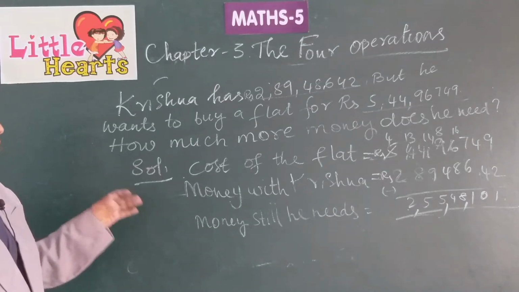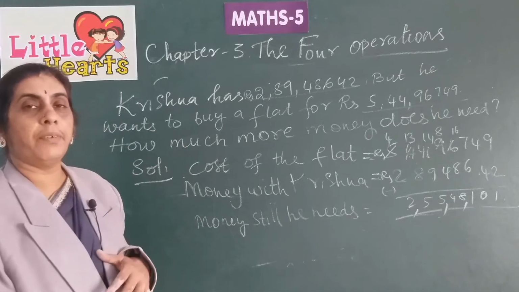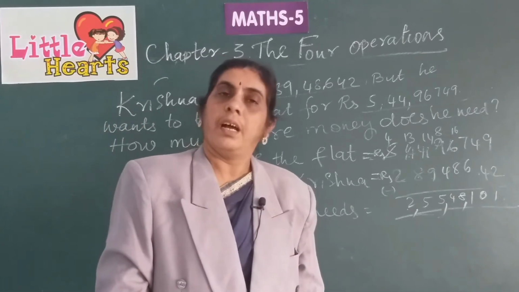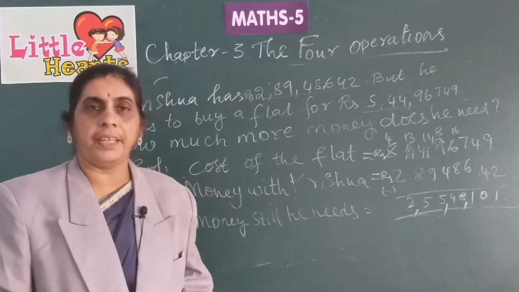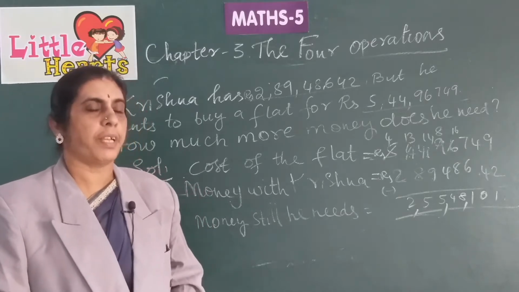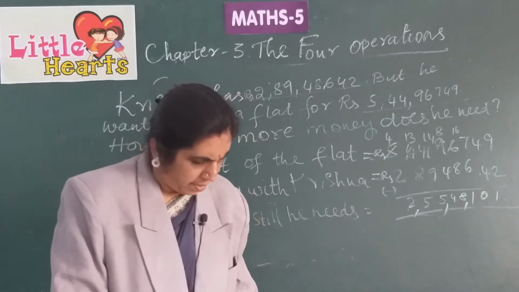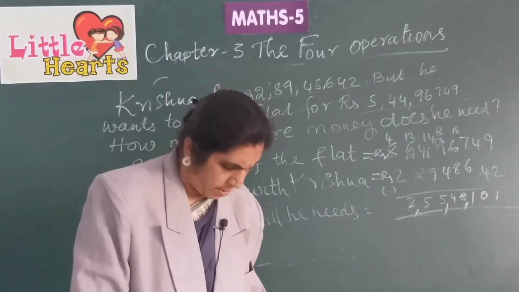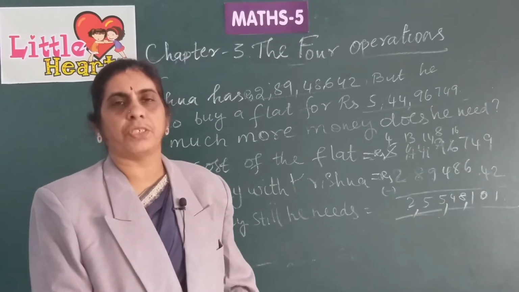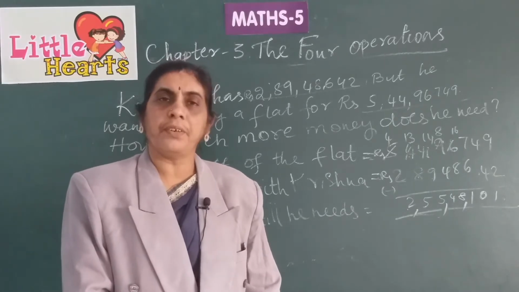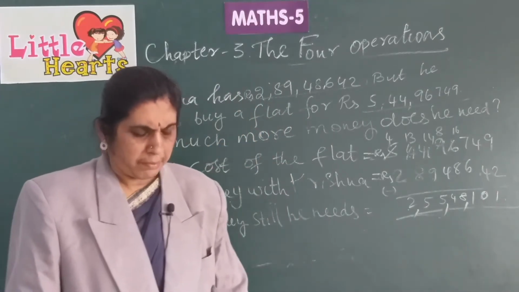So in this way you can find how much more or how much less, and the keywords used for subtraction are how much left, how much remained, how much more, what is the increase, what is the decrease. All these you can find out with subtraction, and there are exercises in page numbers 40 to 44 on addition and subtraction. You can complete the word problems and general additions on numerical additions in these pages. Now let us go with multiplication.